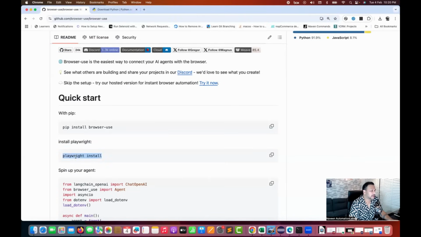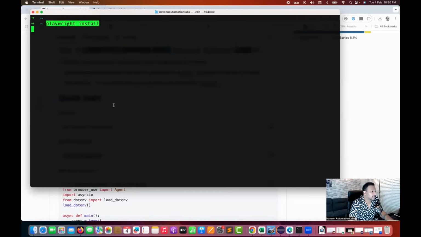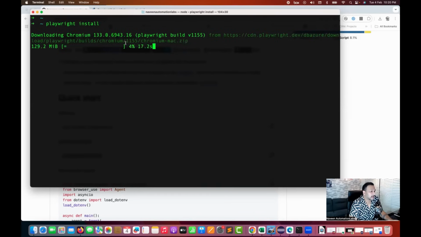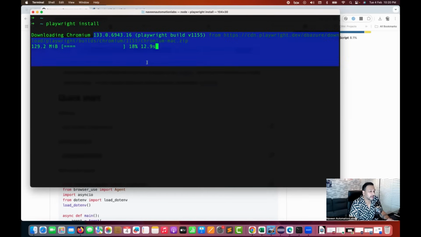Playwright is a web automation tool which helps me interact with the browser. It's written by Microsoft. So after that, I'm simply running playwright install also. And then it's installing Chromium and other browser binaries. And then once it is done, after that, we have to use one more open source project that is called